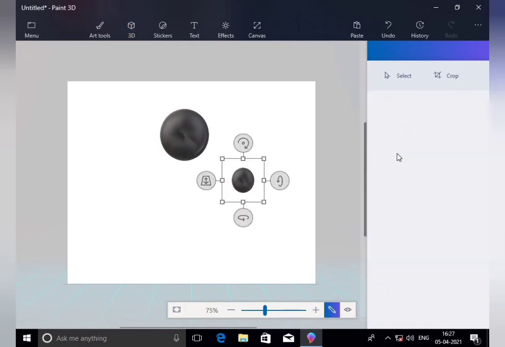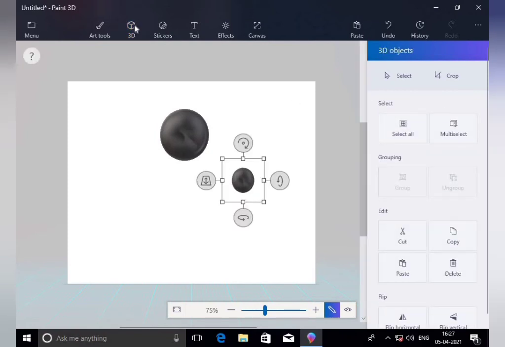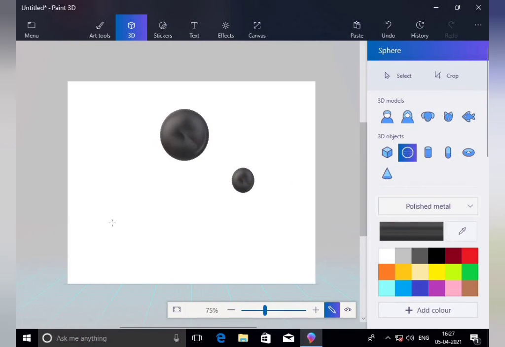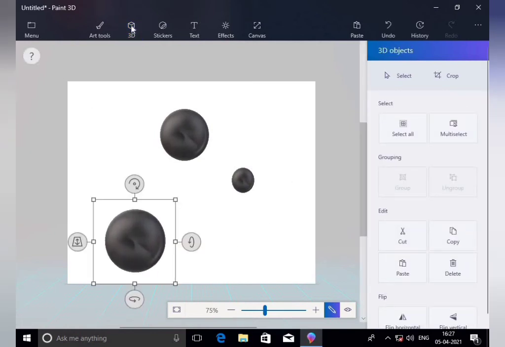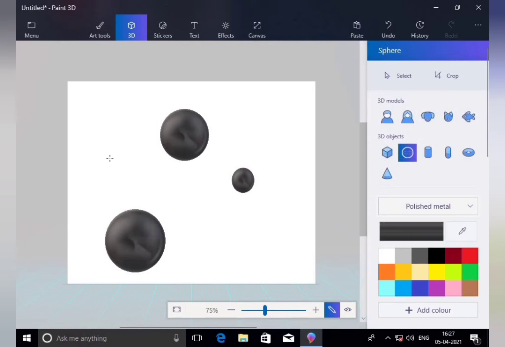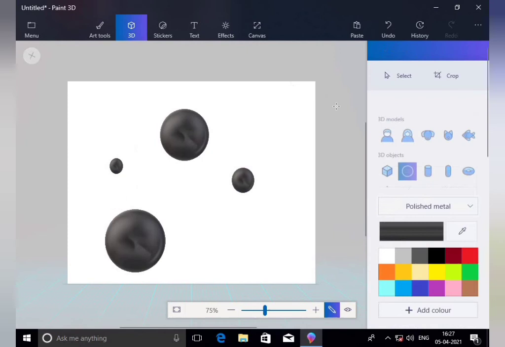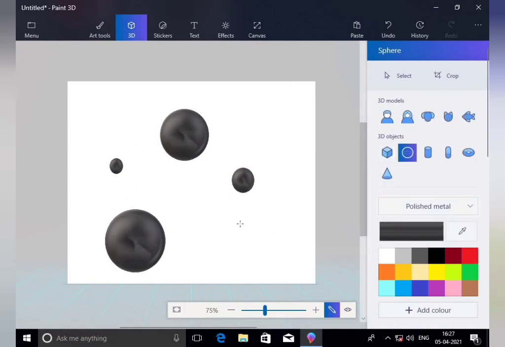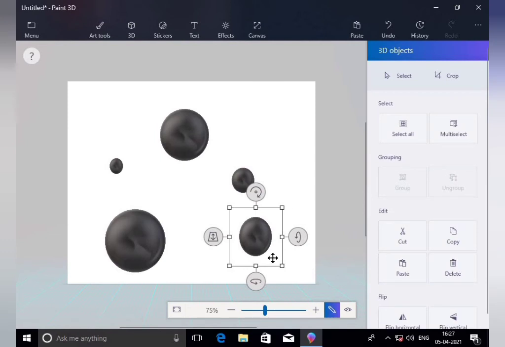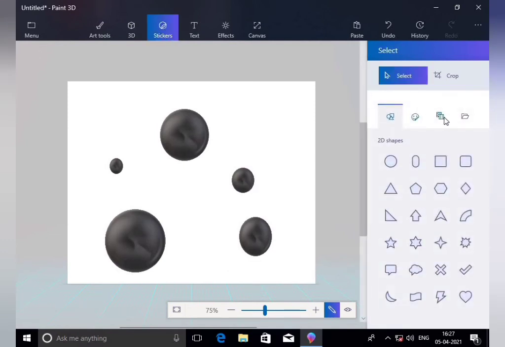Different circles with the 3D shape, okay? See, I am drawing here small, some large, some extra large, some small, with the different sizes.